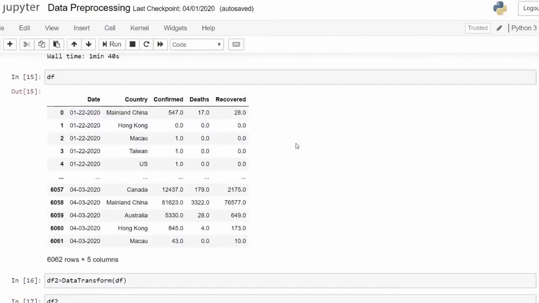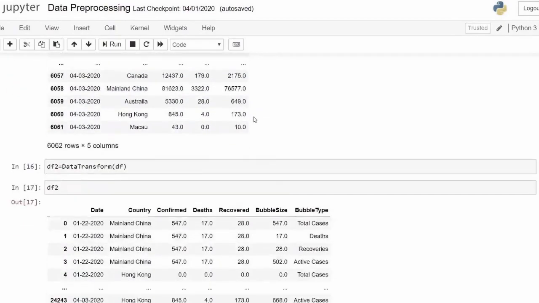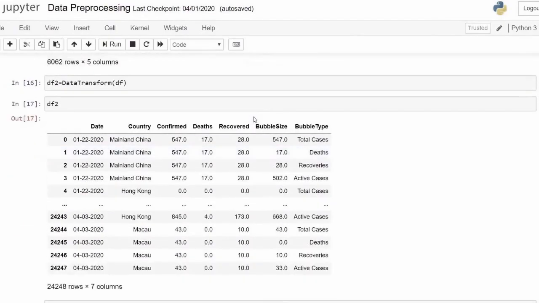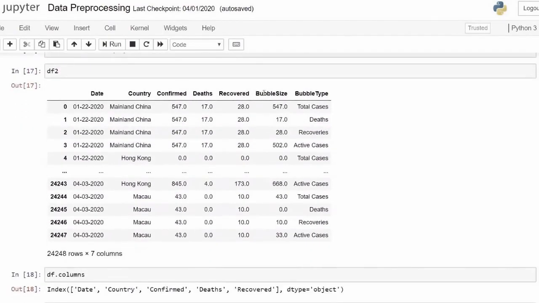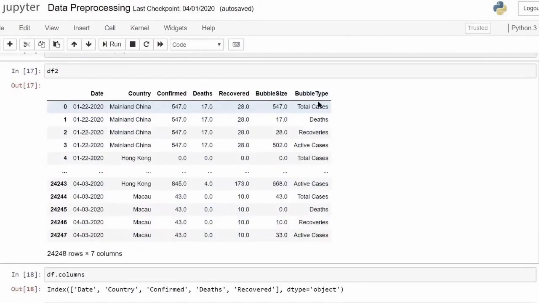So after passing through the data to the function, we get this data. So for every country and for every date, there is a single record. And passing through the second function, we get this. These are two extra columns added.